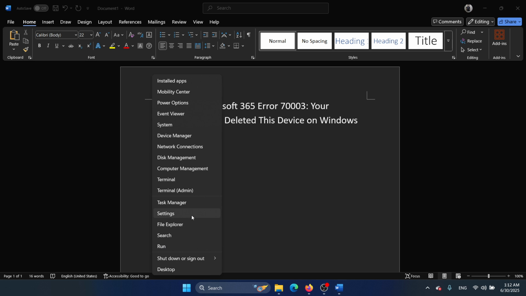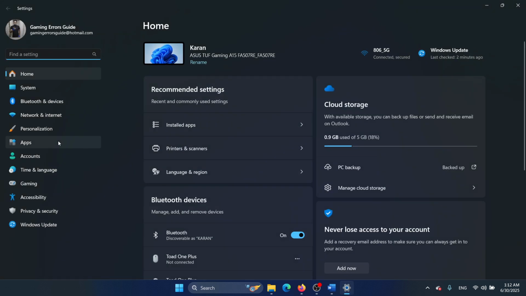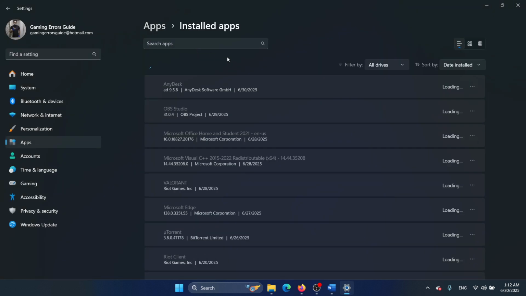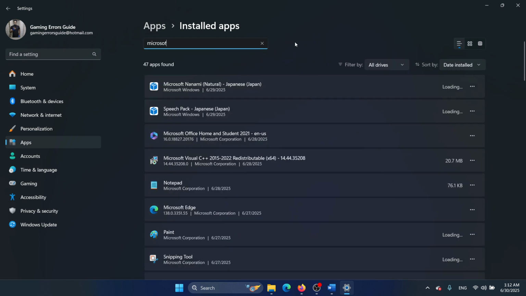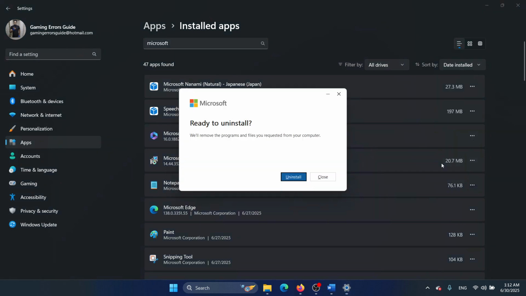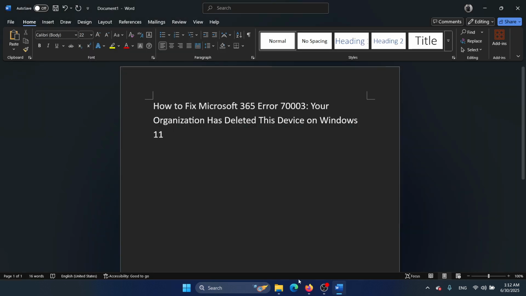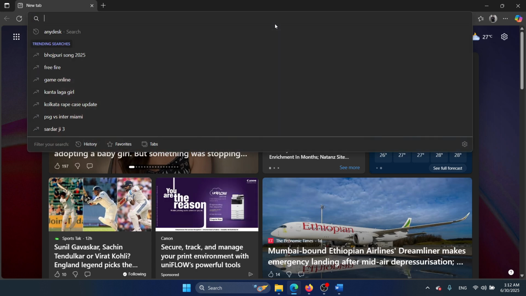Right click on the start button, select settings, go to apps, select installed apps and search for Microsoft Office 365 or whatever version you have. Uninstall it, and uninstall it from here. Completely uninstall it. Then go to office.com